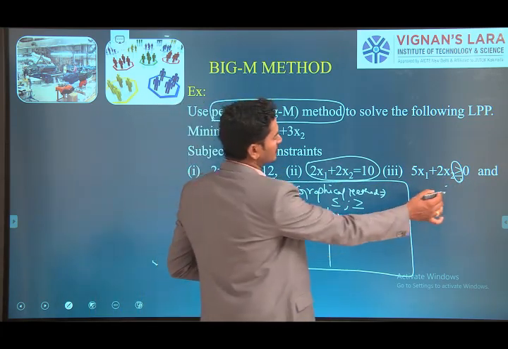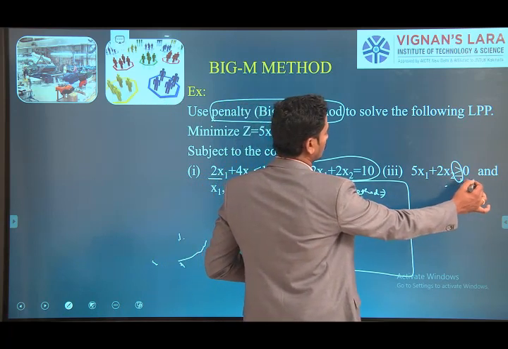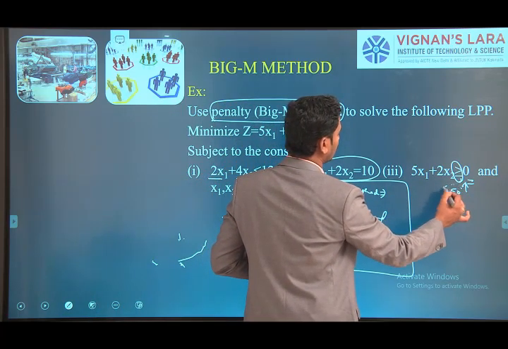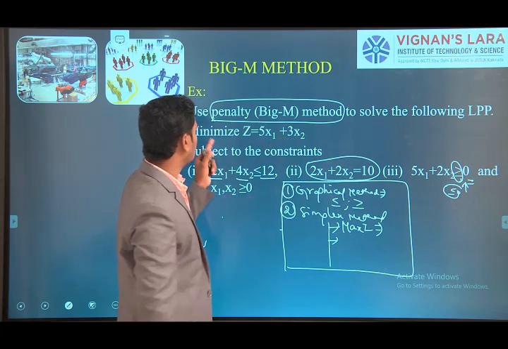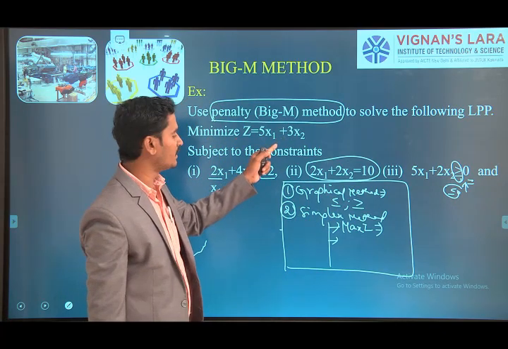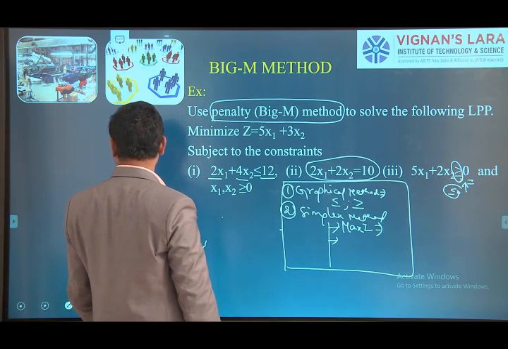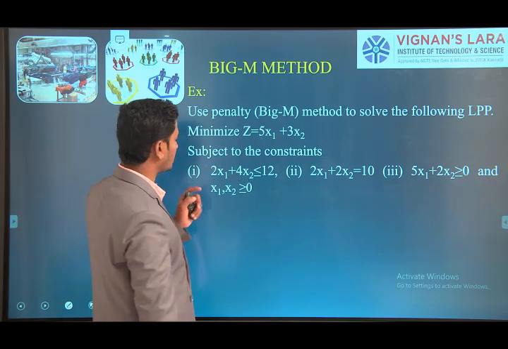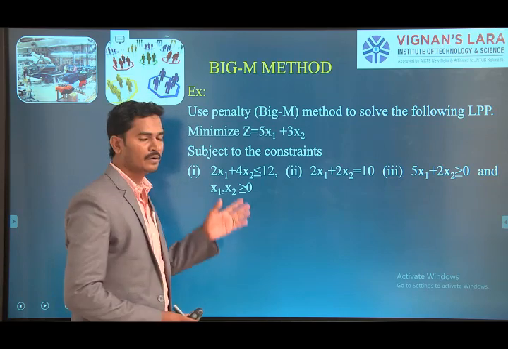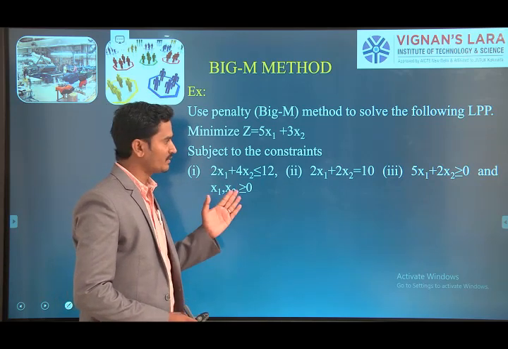Here in this case we have 0. If we apply the minus, again we get less than or equal to 0. But coming to this objective function, it is a minimization. Here it is not satisfied. That's why the simplex method is also not suitable for this problem. So we are going to apply the big M method for this case.